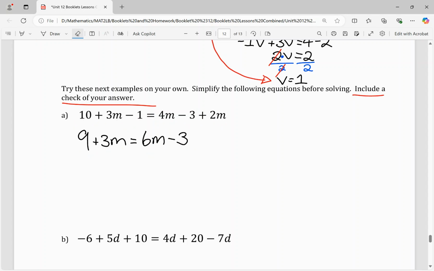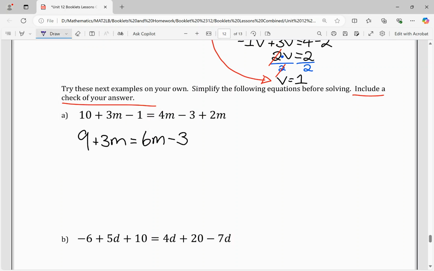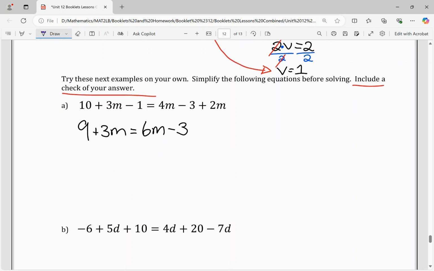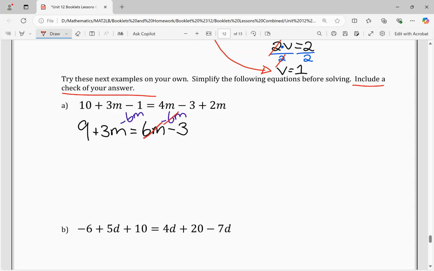Okay, now next we need to move everything with a variable to the left-hand side, everything without a variable to the right-hand side. So this 6m, that has a variable. Let's move it over to the left. That means using opposite operations. In order to get rid of the 6m, I need to subtract 6m. And if I'm doing that to the right, I have to do that to the left. And then 6m minus 6m is 0, so that's going to cancel out,